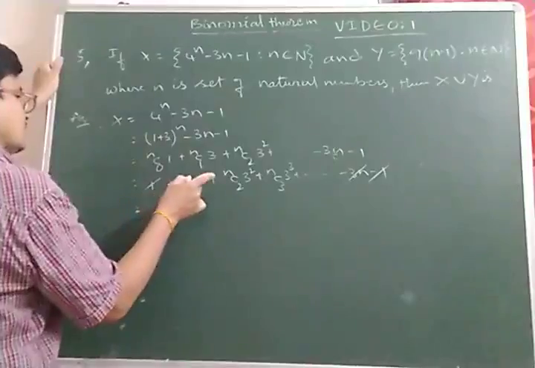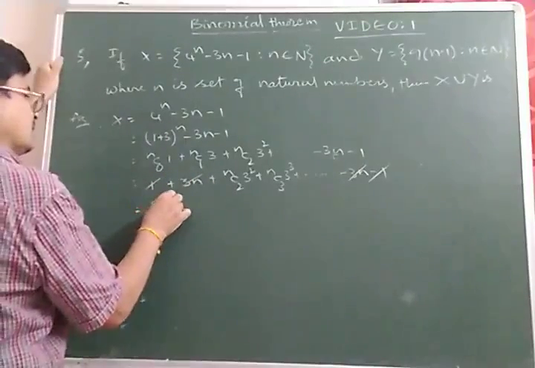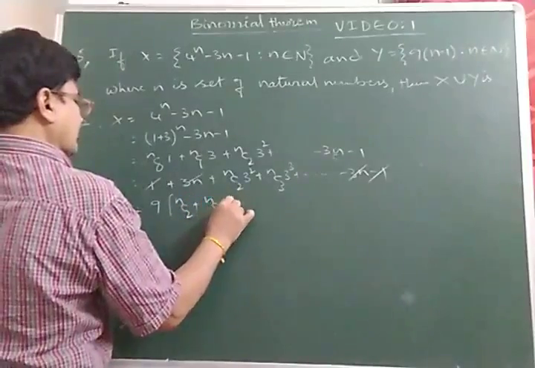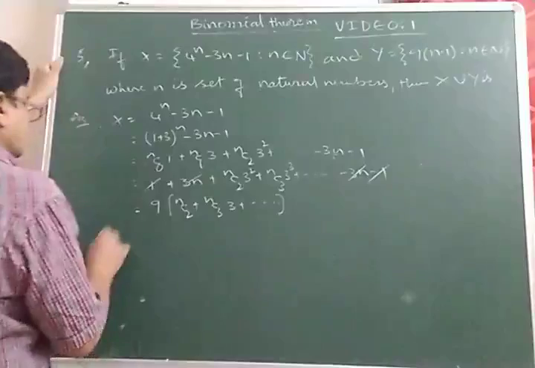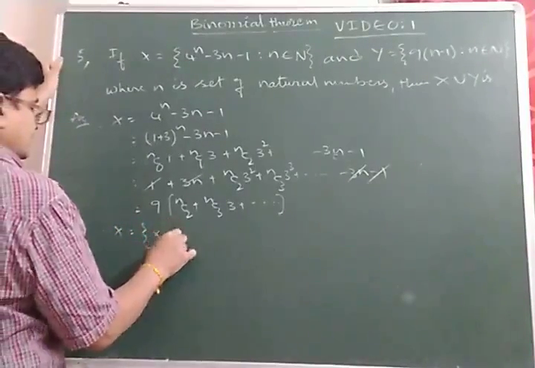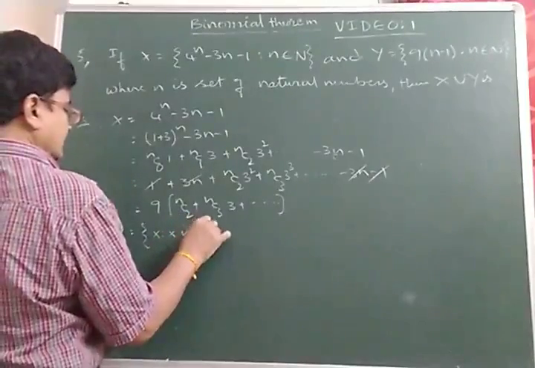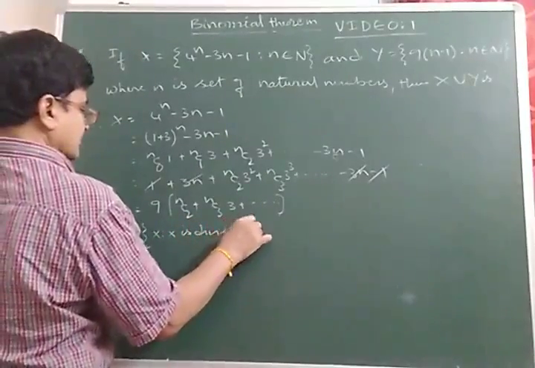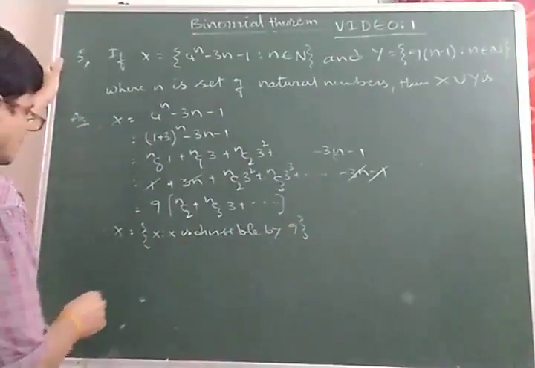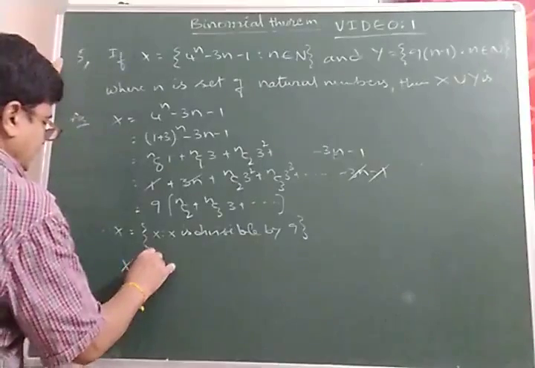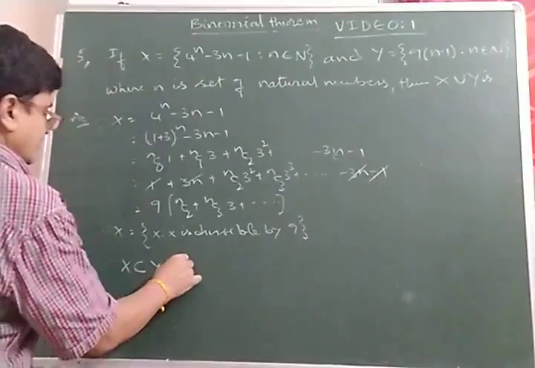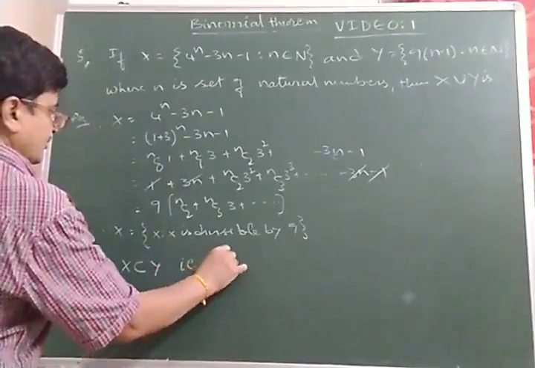Now taking 3 square common, 3 square means 9 is common: 9(nC2 + nC3 into 3 plus so on). So therefore X is equal to the set of x such that x is divisible by 9. So we know that X is a subset of Y. Clearly we say that X is a subset of Y. That is X union Y is equal to